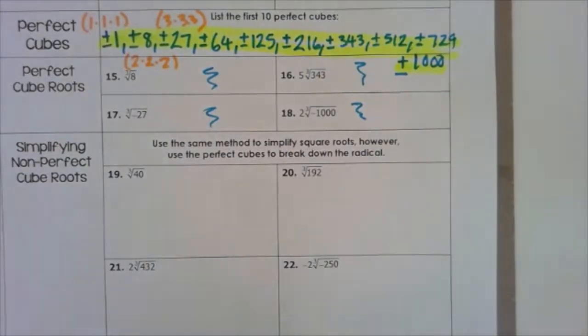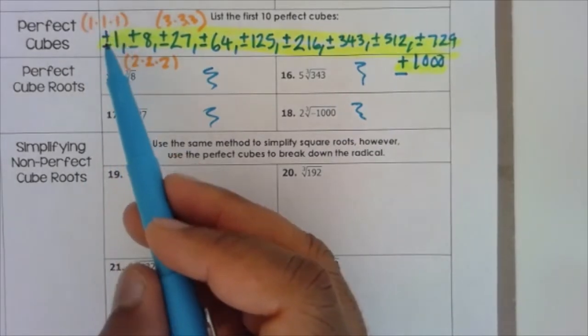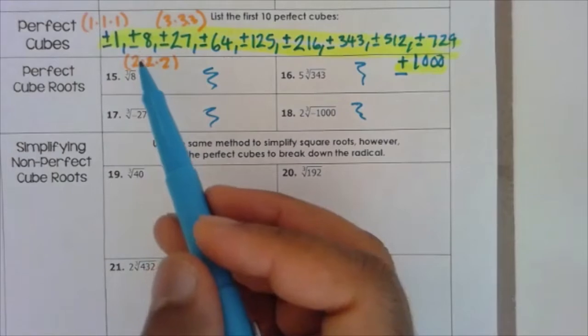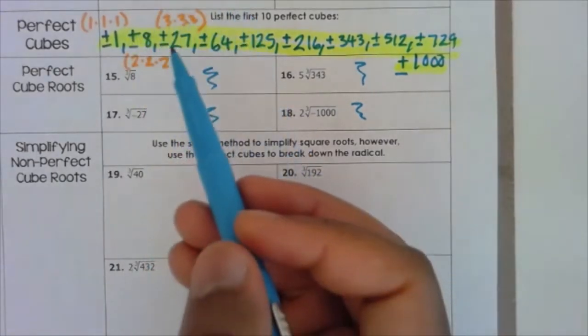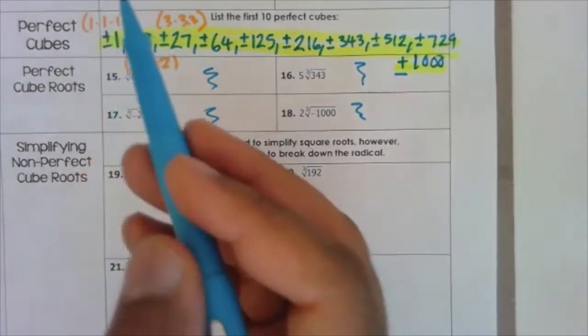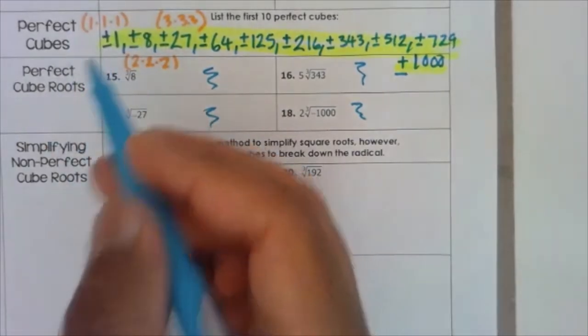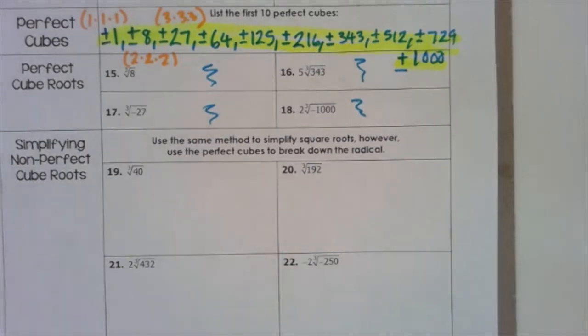How do I get those numbers? Well, if you notice in orange, I wrote down 1 times 1 times 1, which will give me a positive 1. 2 times 2 times 2 will give me 8. 3 times 3 times 3 will give me 27. Now, of course, the inverse is true. If I do negative 1 times negative 1 times negative 1, I'm going to end up with negative 1, and so on. So let's dive right into our very first example,